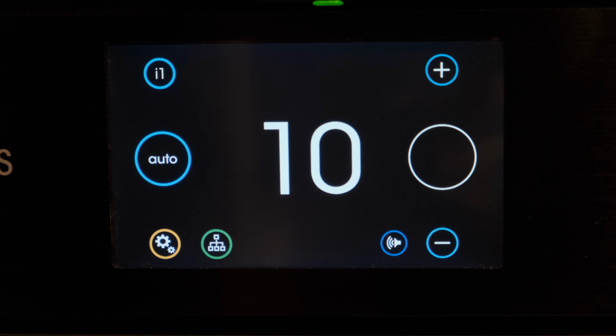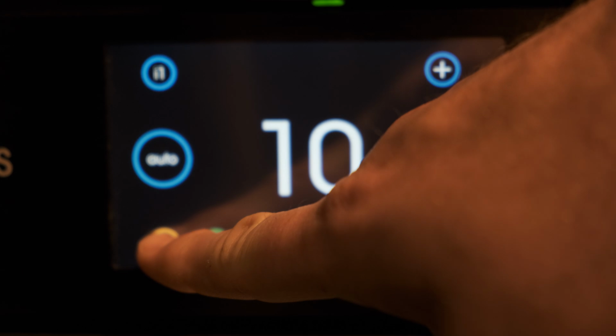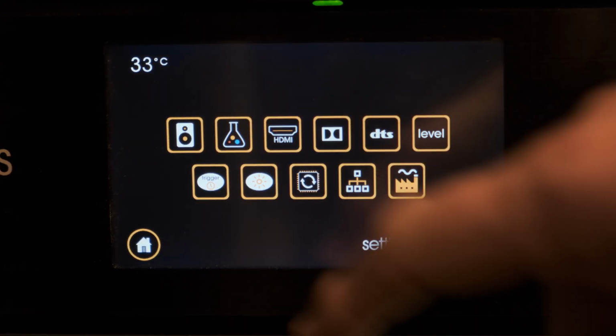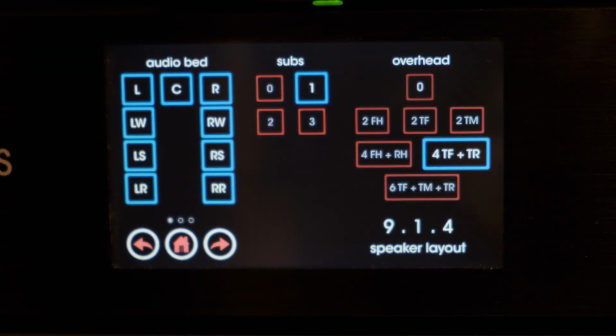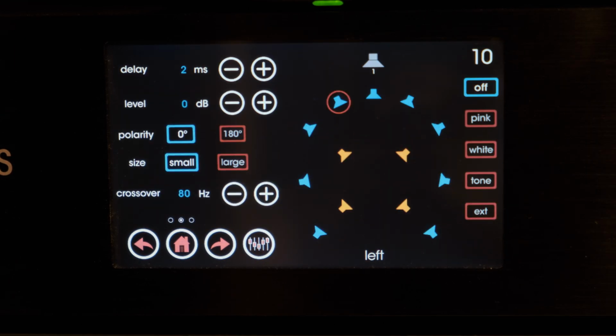Now that we have the configuration set, we're going to go in and configure each speaker. So we'll go back into menu, select speaker again, and from here we'll move on to the next page. So this is the speaker layout page, and this next page is the actual configuration of each speaker. And if you look, you can see that we have all of our speakers now listed around in a circle,